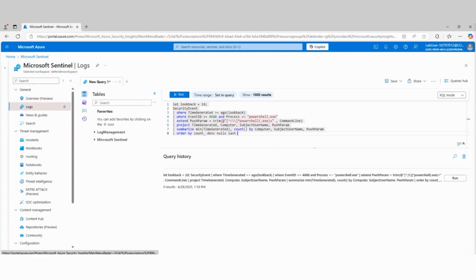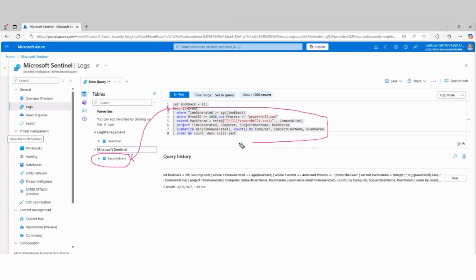By the way, now I know that it should run properly, and here's why. Because I'm looking at my table view, which lists all of my tables. Now, these are not the tables, those are the categories. But if I go in here, there you go. You can see the tables. Now that the table is in here, that tells me that the Log Analytics workspace has received data because it creates the table when it receives the data. So we're going to query that security event table. That's the table we're going to query, and we're going to look for this specific information. So let's go ahead and run this now.